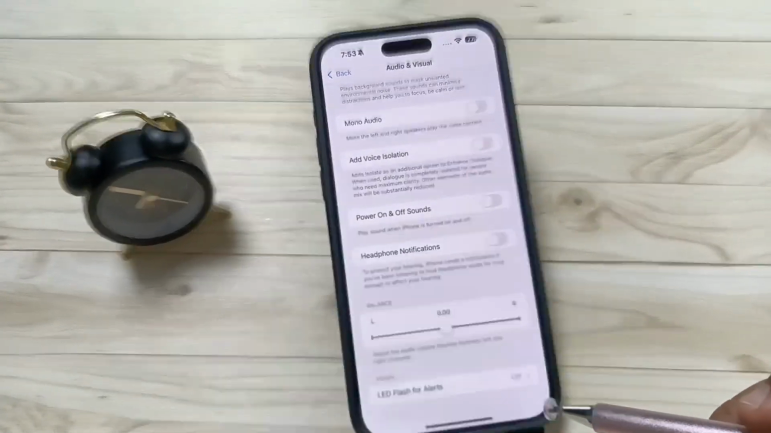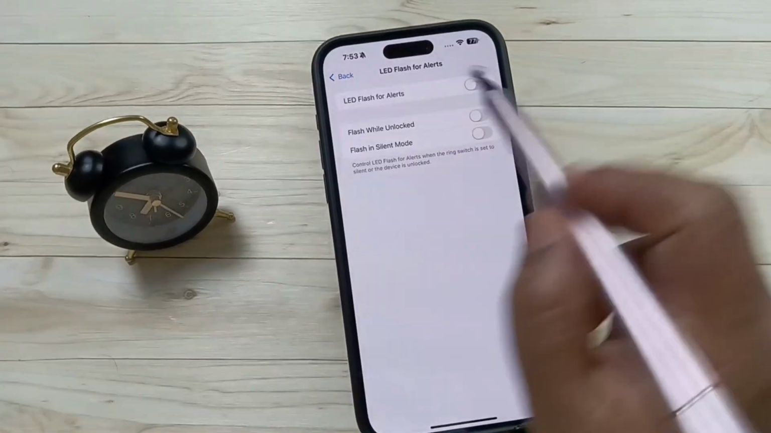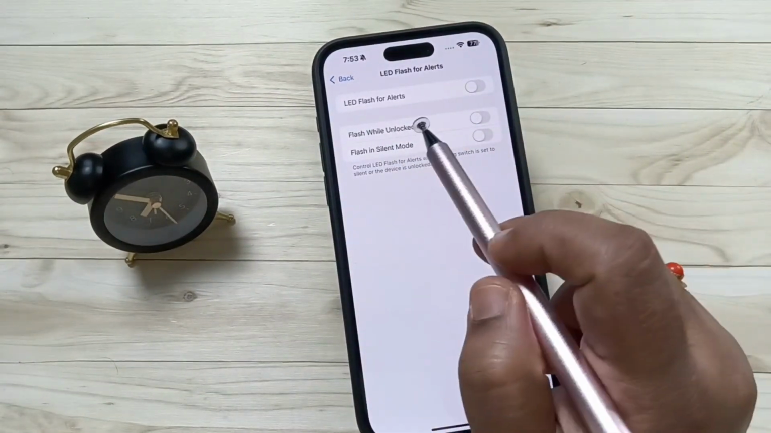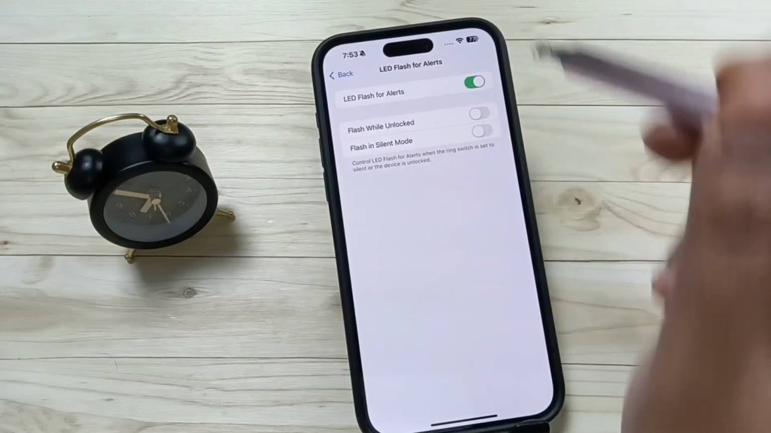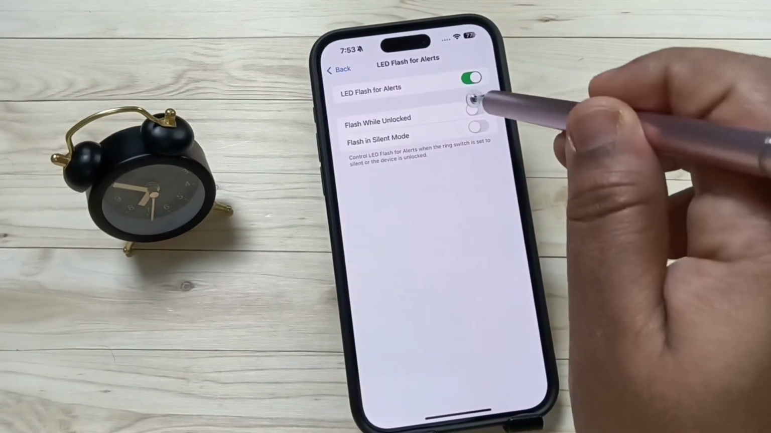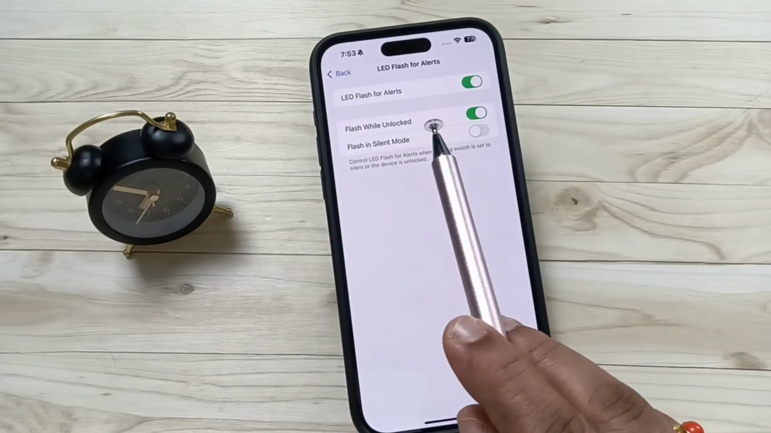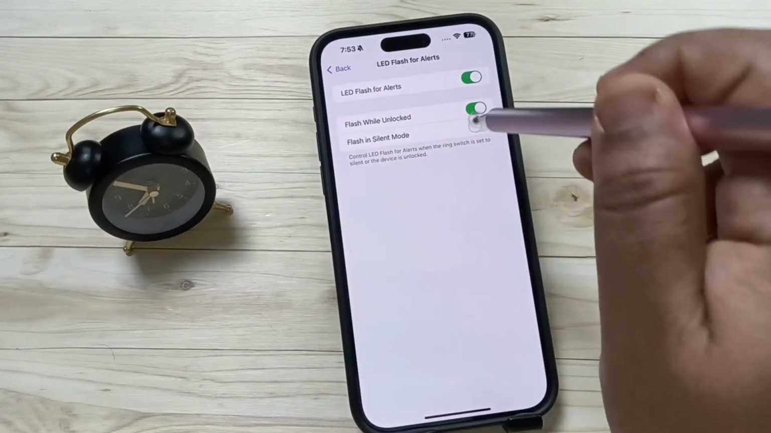Here you can see the option LED flash for alerts. Tap on this one, then you need to turn on this option LED flash for alert. So if you want to view the flashlight when you unlock the device, turn on this one. Then if you want to view the notification and the flashlight when the device is in silent mode, then turn